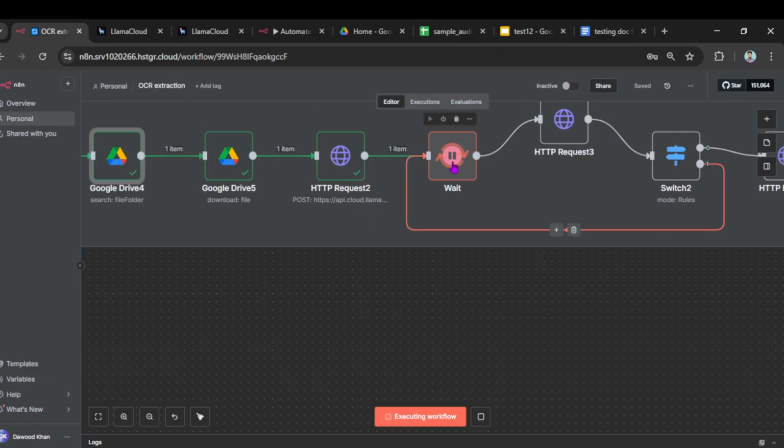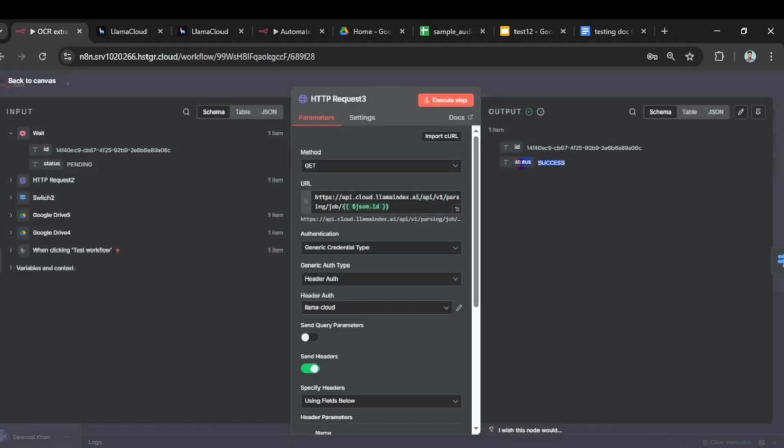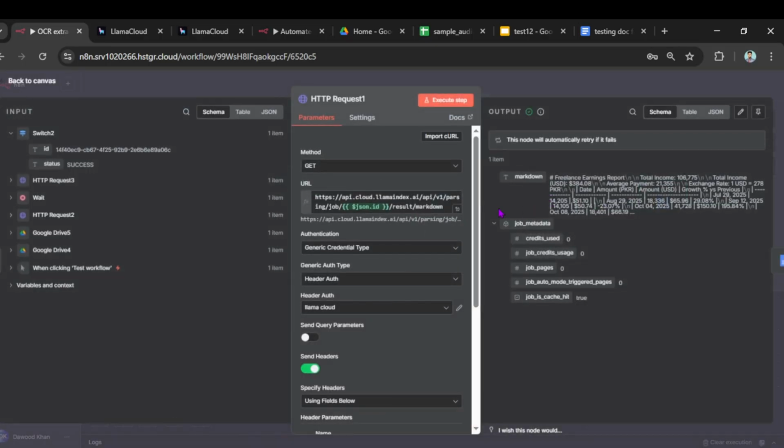We have already done this, and here I am using the wait node in which I am waiting for 8 seconds, so that it takes some time to extract the data. And then we are checking the status. In this, as you can see, the status was success. So if it's success, it will go through this route, otherwise it will go back and wait for 8 seconds. And as you can see, we have our green flag that the file is successfully processed,